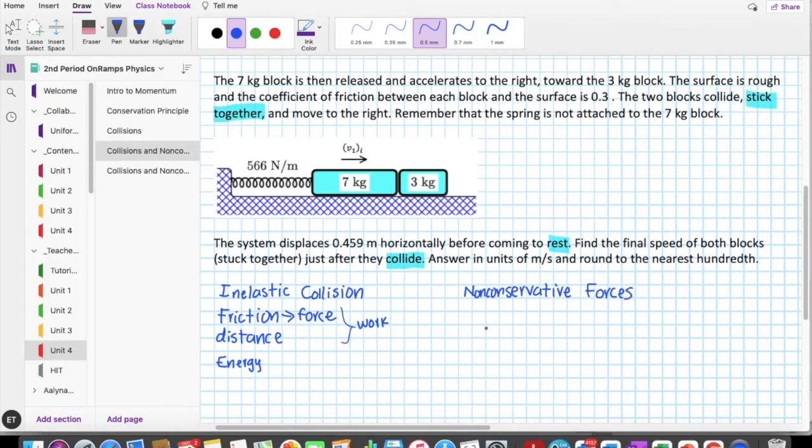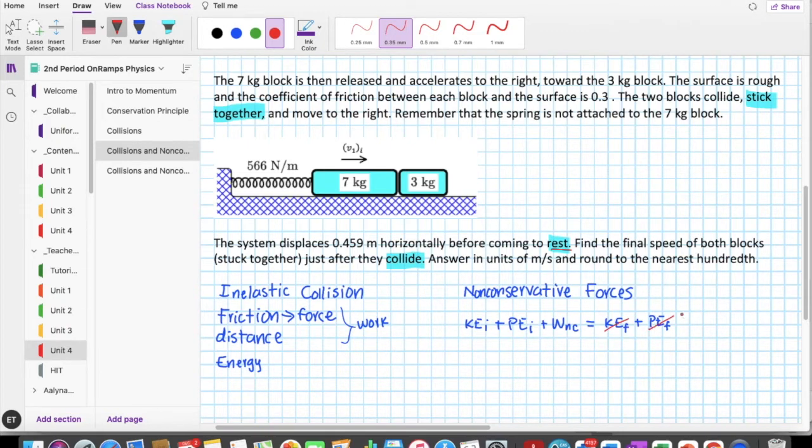Non-conservative forces. And we had kinetic energy initial plus potential energy initial. Oh, I was going to write final. That was my mistake. Plus the work done by the non-conservative forces. In this case, it would be friction is equal to kinetic energy final plus potential energy final. Now, since we know it stops, right, it comes to rest, that means, let's try it again. At the end, all the energy is dissipated. So it's not moving, there's no kinetic, and then there's no potential